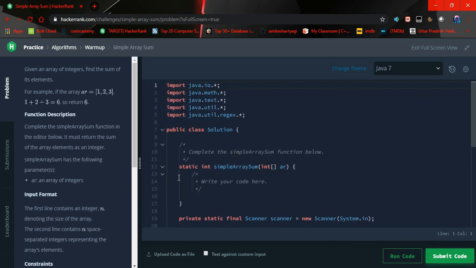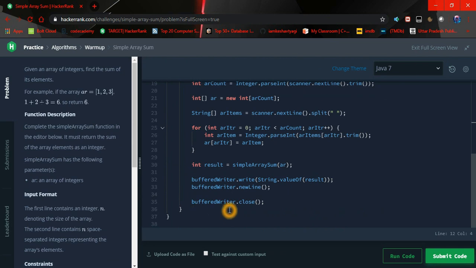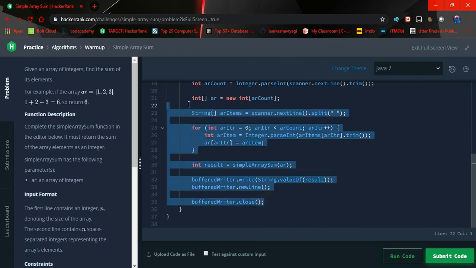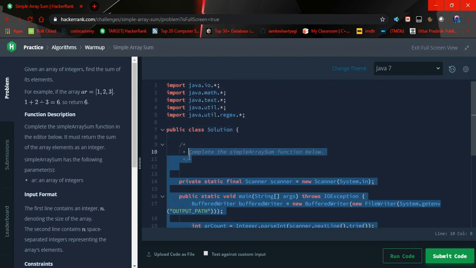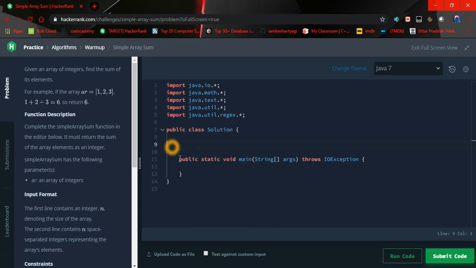Instead of writing the program inside a function, I'm going to remove this function, then remove this too. Now let me remove this too. Okay, so first of all we have to take the input.